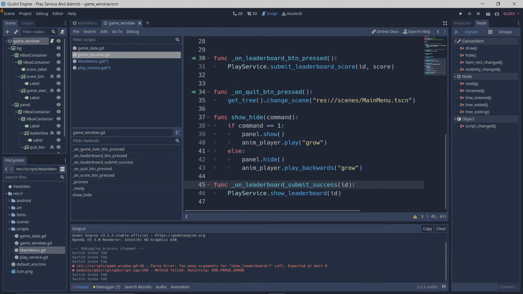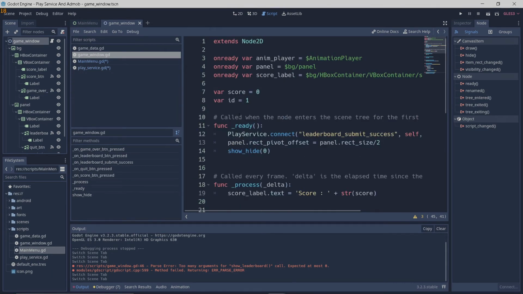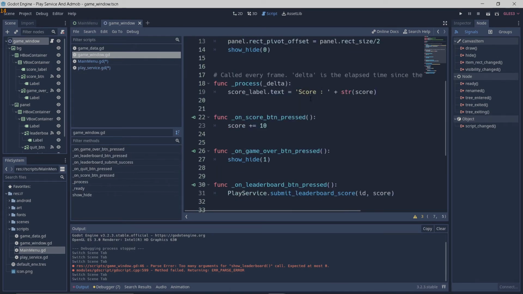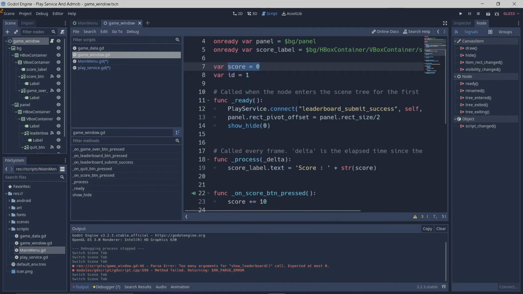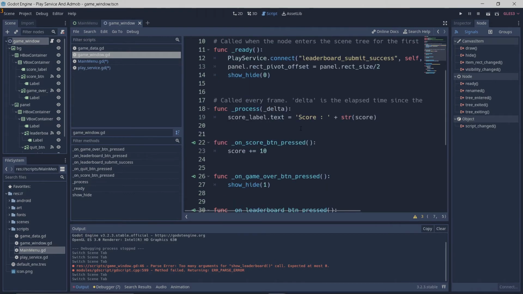Now for unlocking an achievement, let's say you want to unlock an achievement when the score reaches 500. Normally you do it at the end of the level, right? You can also do it in the level while the level is on, but you can also do it at the end of the level. So if you want to do it in the middle of the level,